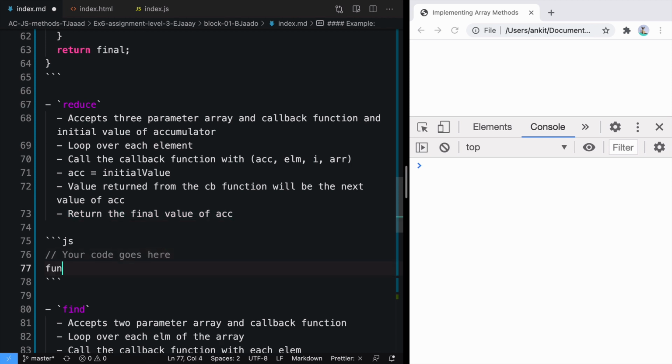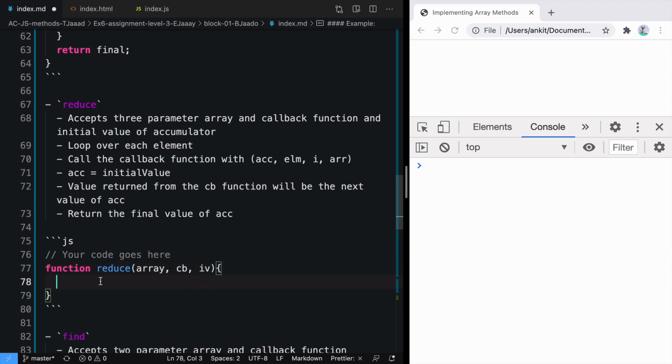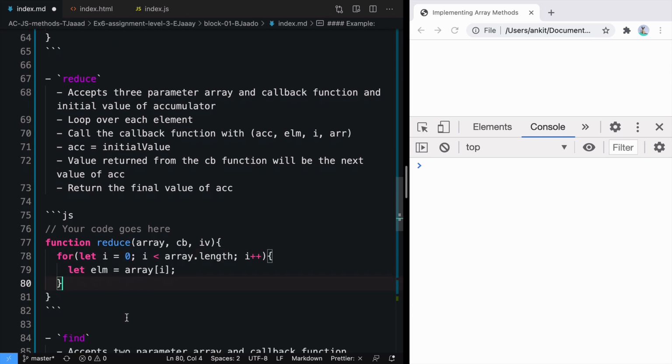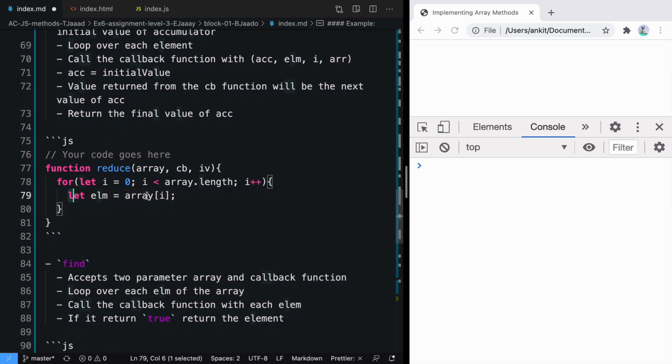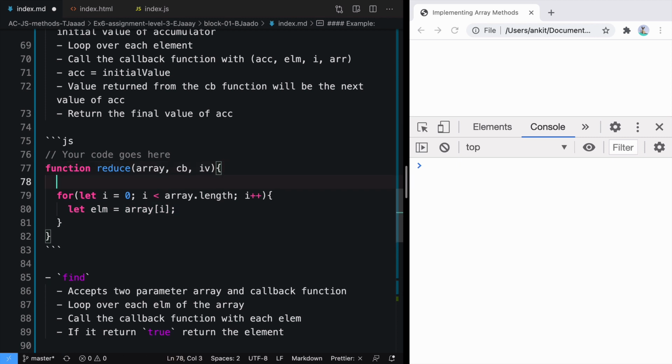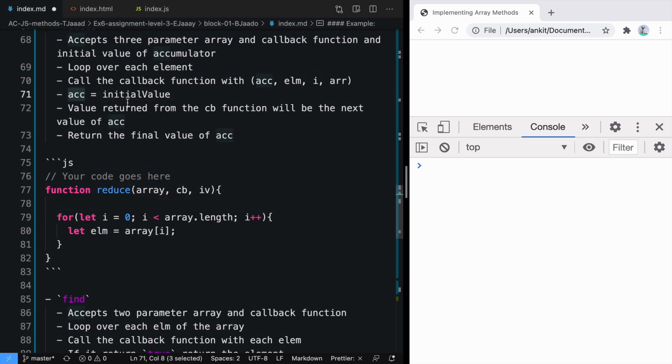So we'll go ahead and start by writing the function named reduce that accepts three parameters: array, callback function, and initial value. I'll call it IV. First thing we need to do is to loop over each element. So we'll loop over each element here. We got access to element. We also need to define a variable accumulator, and that will be initialized to the initial value.